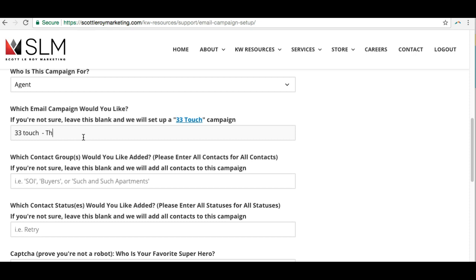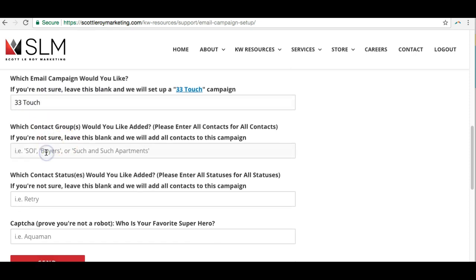There used to be one called the Real campaign. I don't think that one exists anymore. But if you know a specific one, you can put that in. If you don't, we'll just pick one. We usually just do the new one for the year. So that's totally fine. And for which group, if you don't know which group, we're just going to add everybody